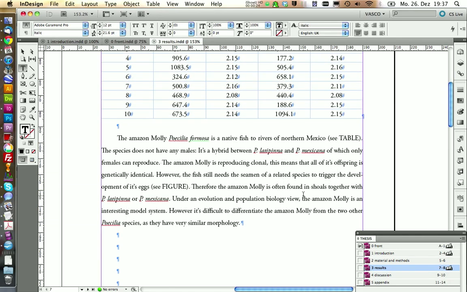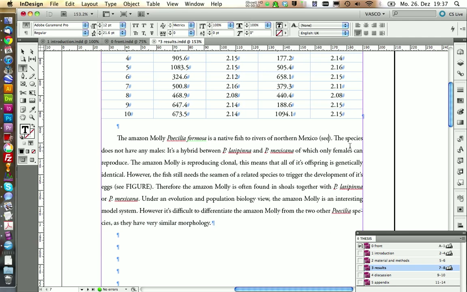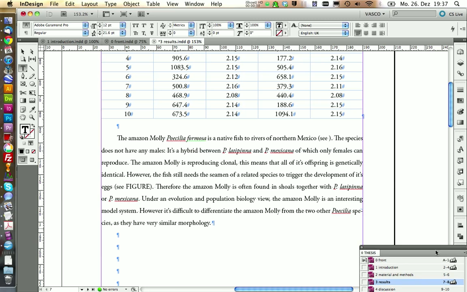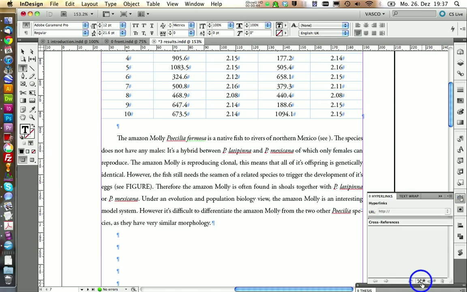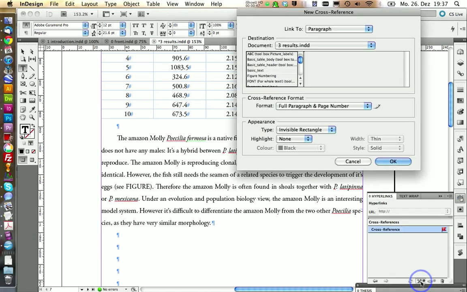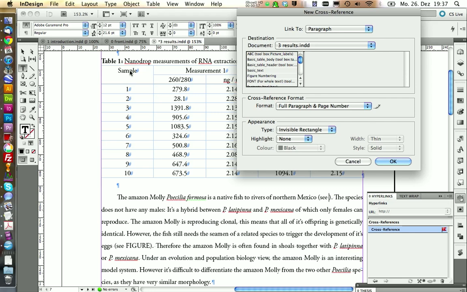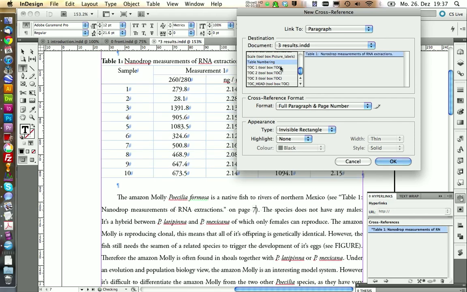Next, we want to insert some cross-references out of our text that point to the tables or figures that we are using. To do this, you can create some brackets and say, for example, C. And here we want to include our table. And to do this, we're going to click on the hyperlinks panel and we create a new cross-reference with this button here. Then, if we want to link to this table, for example, this is table 1, we're going to select the table numbering paragraph style. This is this one. And we select the table.